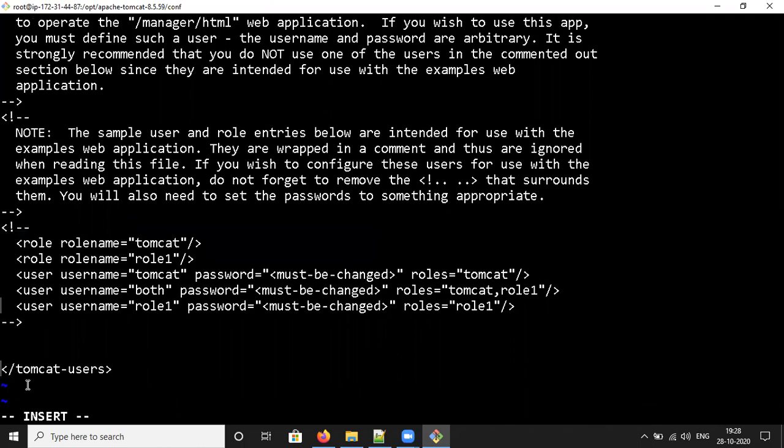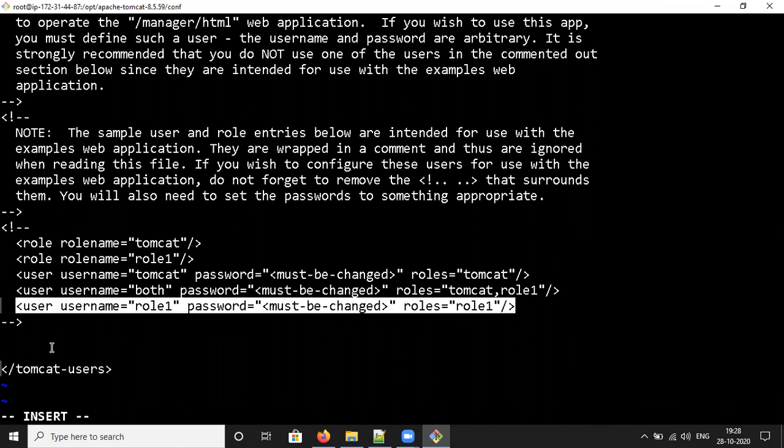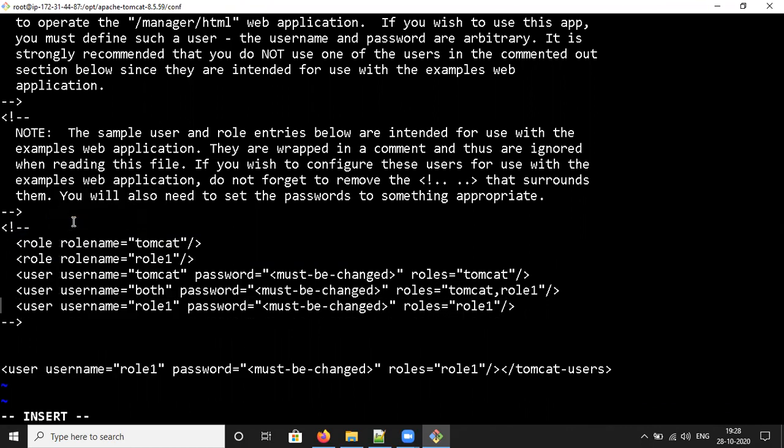You can copy this, paste it here. You need to change the username. Username as Chandrasekhar must be changed.